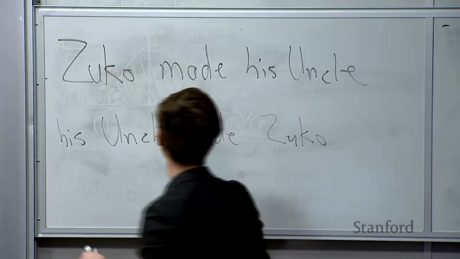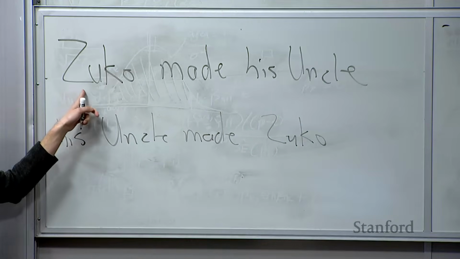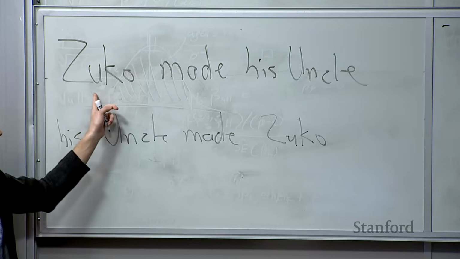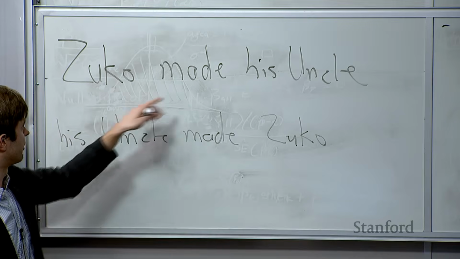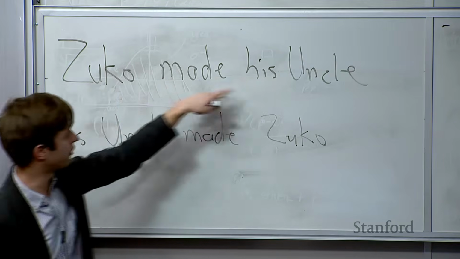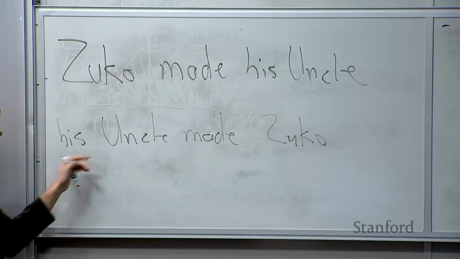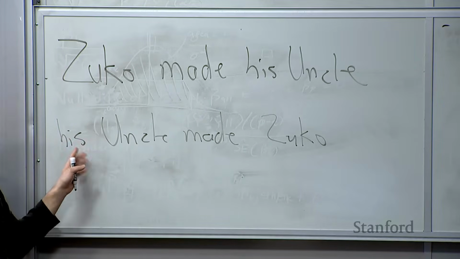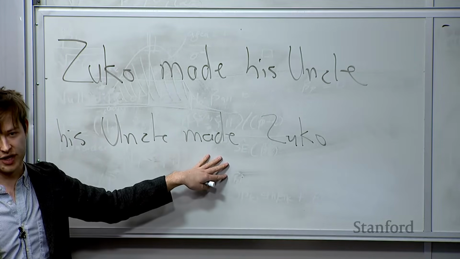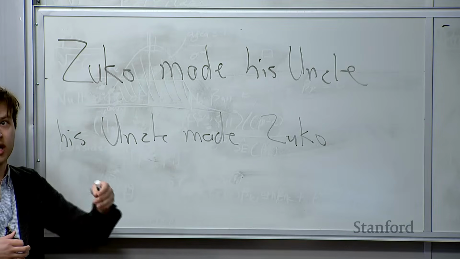If I were to embed each of these words using its embedding matrix, the embedding matrix isn't dependent on the index of the word. So this is the word at index 1, 2, 3, 4, versus now his is over here, and uncle. And so when I compute the self-attention, and there's a lot more on this in the lecture notes that goes through a full example,